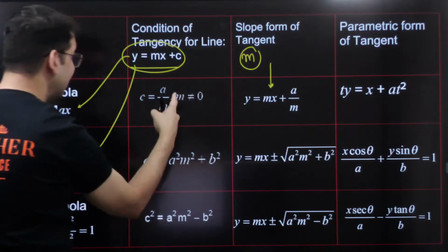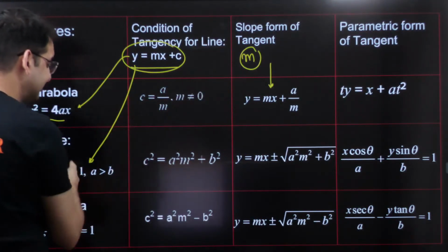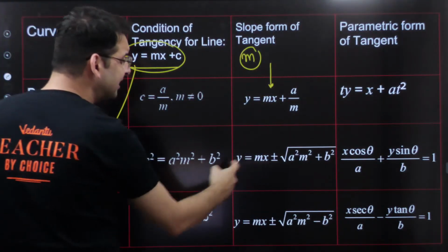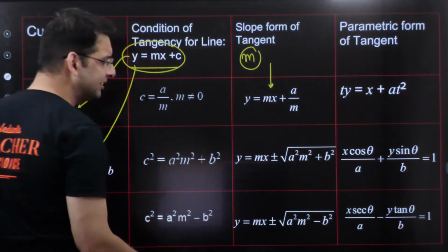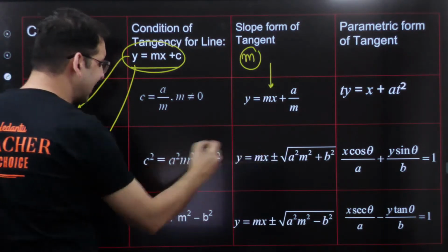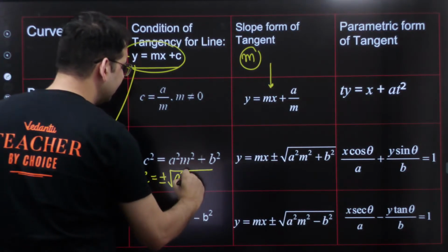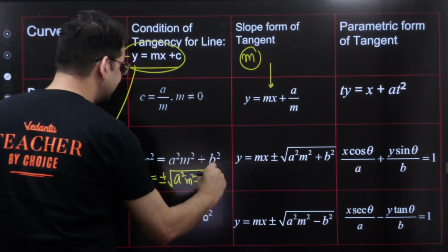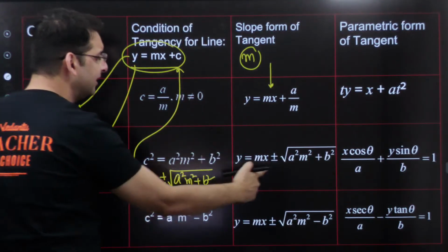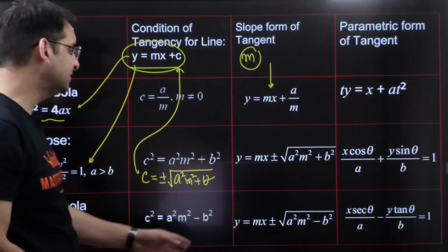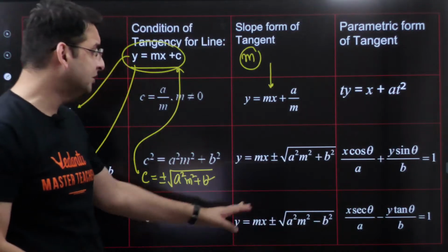If the slope is m, the equation of the tangent to the parabola having slope m, which is tangent to this ellipse, is y equals mx plus minus root of a square m square plus b square. This happens because the value of c is plus minus root of a square m square plus b square. So you can directly put back the value of c, you will get this. Likewise, for hyperbola,